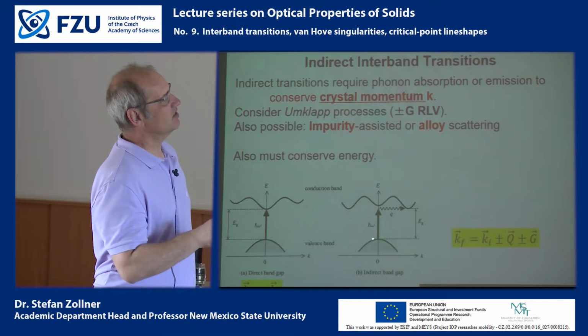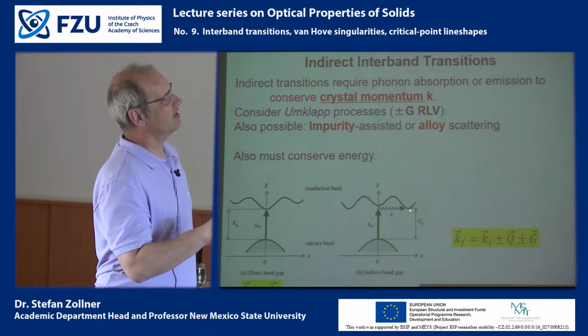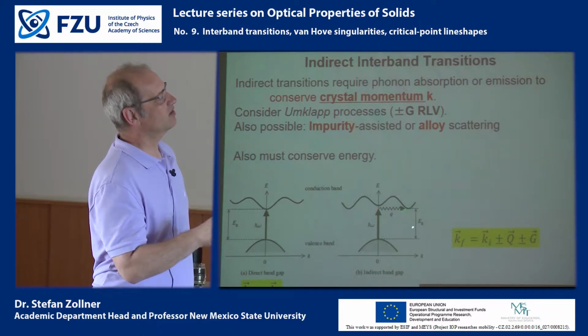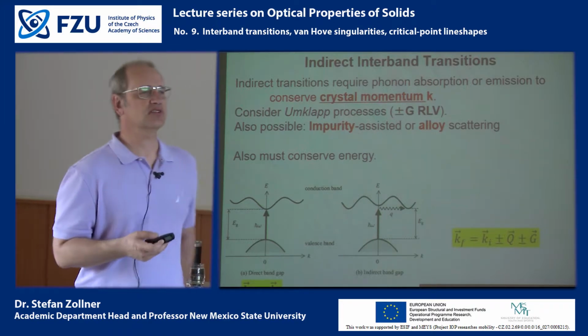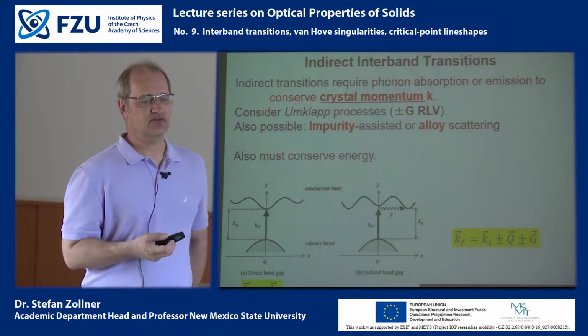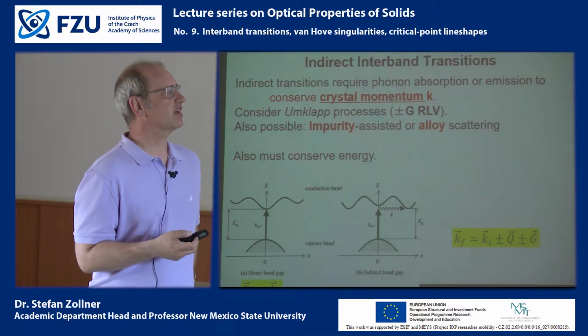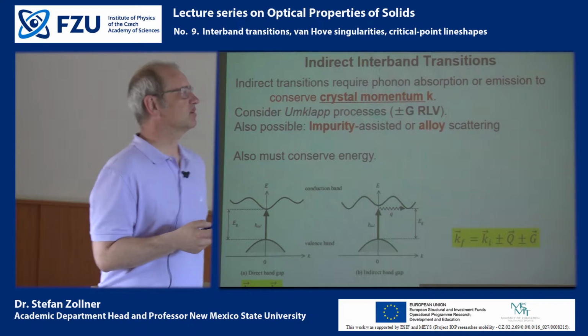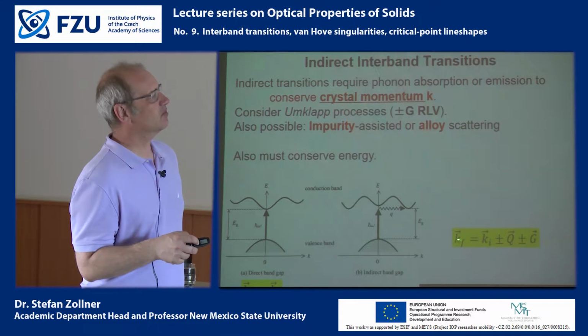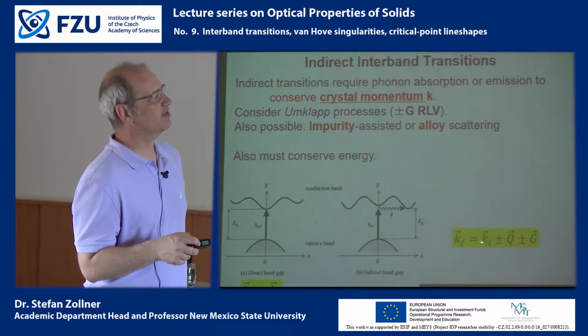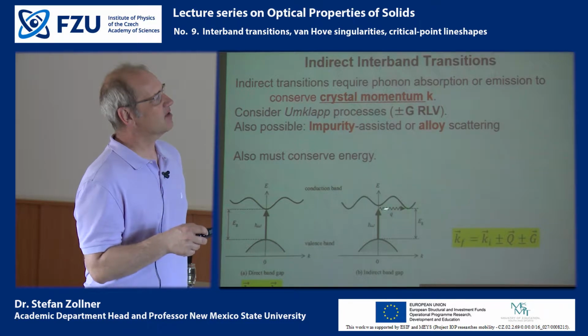Here the initial state and the final state have different wave vectors, and remember, we have an infinite periodic crystal, and therefore crystal momentum is a conserved quantum number. To conserve that quantum number, the final wave vector needs to be equal to the initial wave vector plus or minus some other excitation